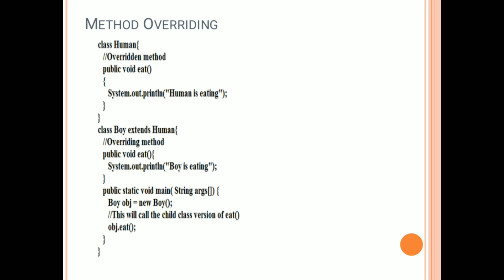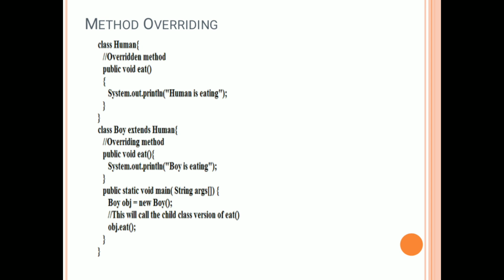Overriding of a method can be done at runtime only. That's why it is called runtime polymorphism. Overloading of a method is done at compile time. That is, changing the parameter list is done at compile time. So that type of polymorphism is called compile time polymorphism or static polymorphism. But overriding can take place only at execution time, at runtime, so this type of polymorphism is referred to as runtime polymorphism.